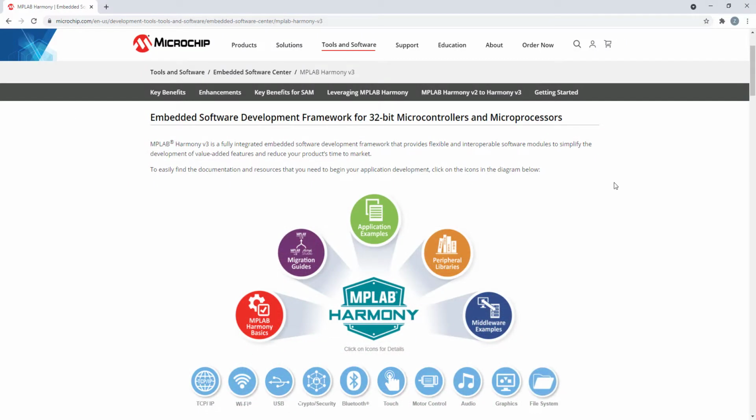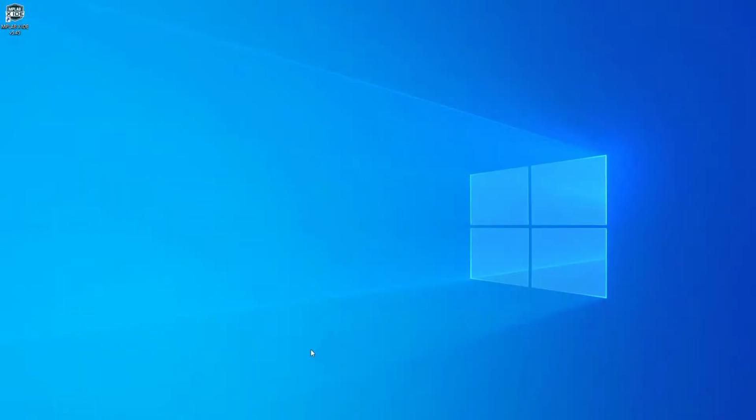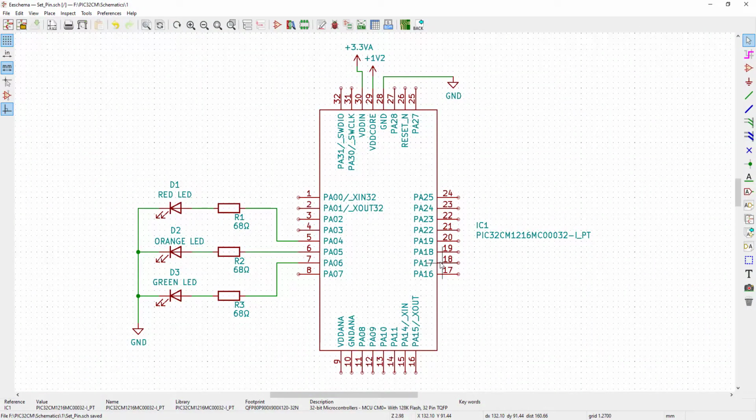Let's go to our schematics first. Just drop it down. Okay, so we've got our PIC with all the power supply. Now it's very simple. We've got 3 LEDs that will be driven through current limiting resistors from the pins PA04, 5 and 6. We will be sourcing some current from those pins into the ground. Now in this tutorial we will be setting the state of the pin either high or low. We're not going to be toggling it yet, we're just going to have a look at how to address the